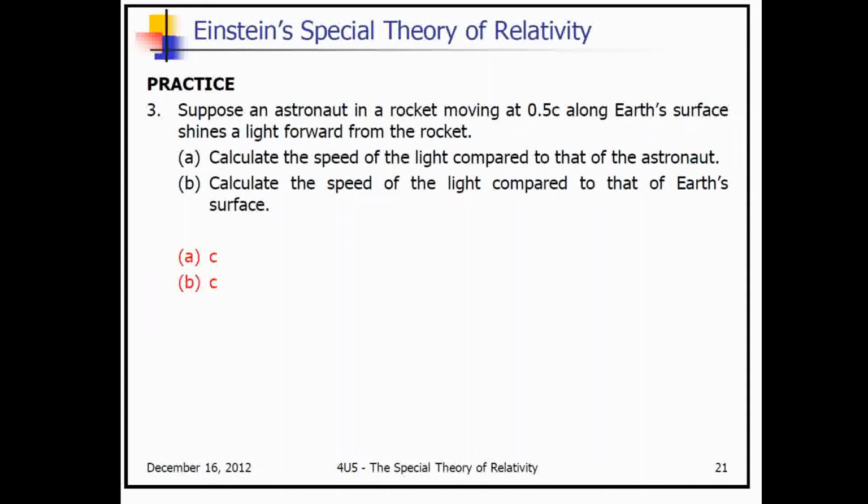According to the astronaut, the speed of light is c. And according to somebody on the Earth's surface, the speed of light is also c. It's not traveling any faster than c. That doesn't seem too spectacular, but we'll get into this in our next lecture of what this means in terms of